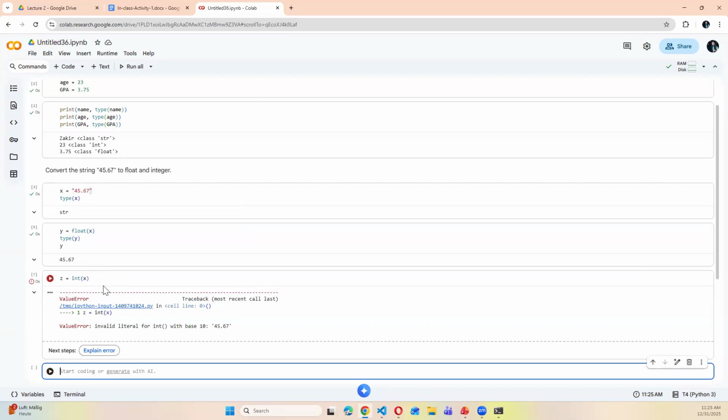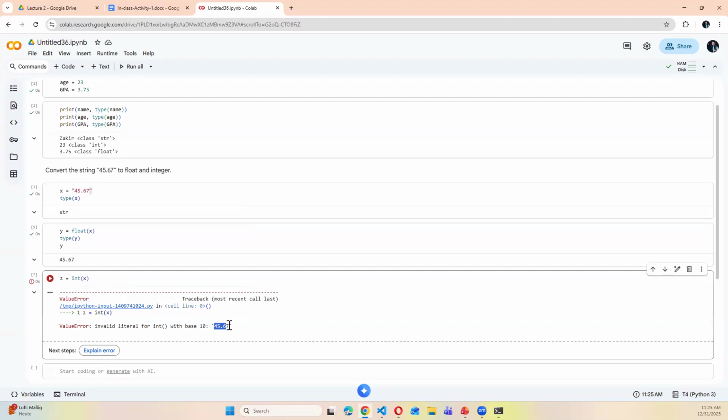No, this error is okay. No, no, no. The error is because, see here, if I convert this one, it also gives me an error because of this portion. So first of all I can change it into float. From float I can change it into integer. Now I will say take the integer of this one, because of this decimal number it's giving you an error.